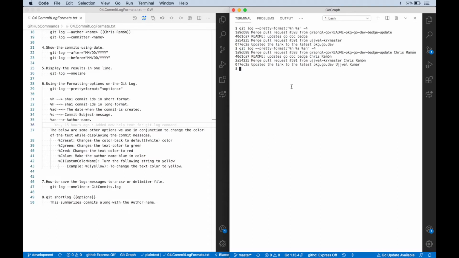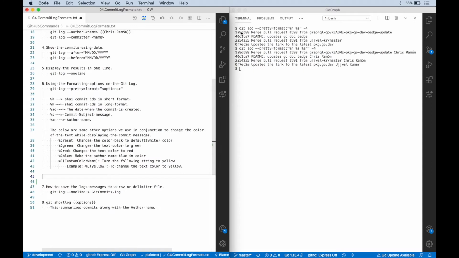Okay, so let's see something more fancy and a prettier format on the screen. It doesn't say this is just a number, and this is the message, and this is an author. The author name is squeezed somewhere inside the messages, and we literally need to highlight and see. There is no differentiation between the commit message and the author name. Say that I wanted to display a nice format message like this.